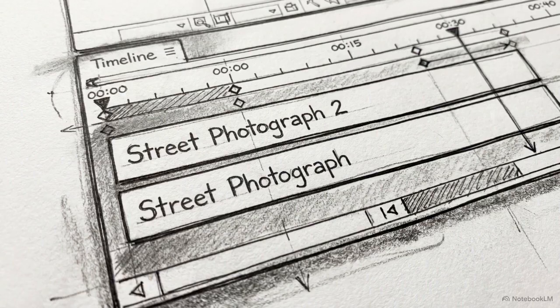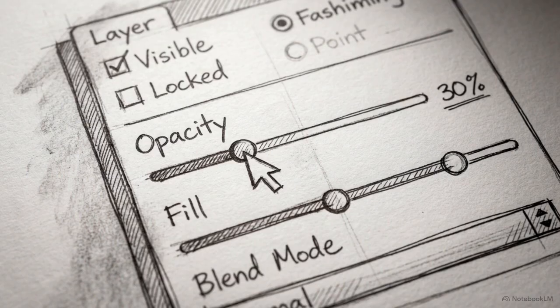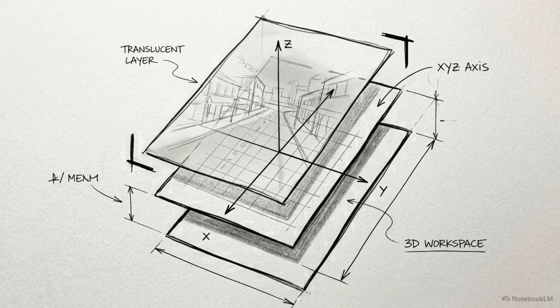Step 1 is to duplicate your image and set the top layer as a guide layer. In After Effects, a guide layer remains visible in your workspace for reference, but is automatically excluded from the final render. Lower the opacity of this guide layer to 30%. This creates a translucent overlay that acts as tracing paper, allowing you to see the three-dimensional workspace you are building